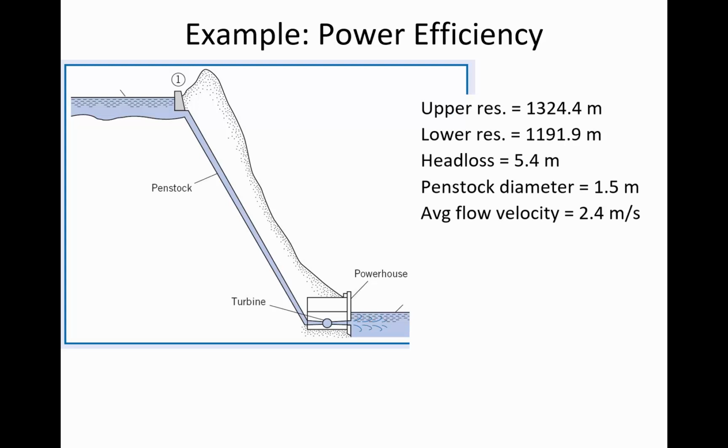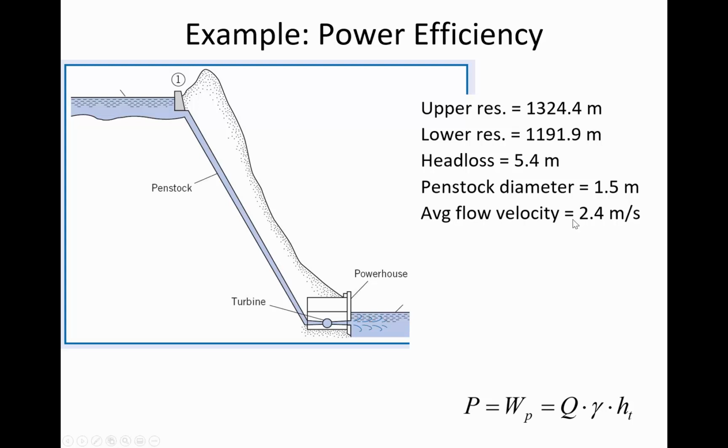And let's just take a look at what if we knew the elevation of both the upper and the lower reservoir. You can see that both of those are given in this example. And we know how much energy loss the fluid experiences as it goes through this conduit. Maybe we have an idea of the roughness of the material that's used in the conduit, its diameter, and the flow velocity. So we've separately calculated the amount of head loss that's going to occur. And we know the diameter of the penstock and the flow velocity.